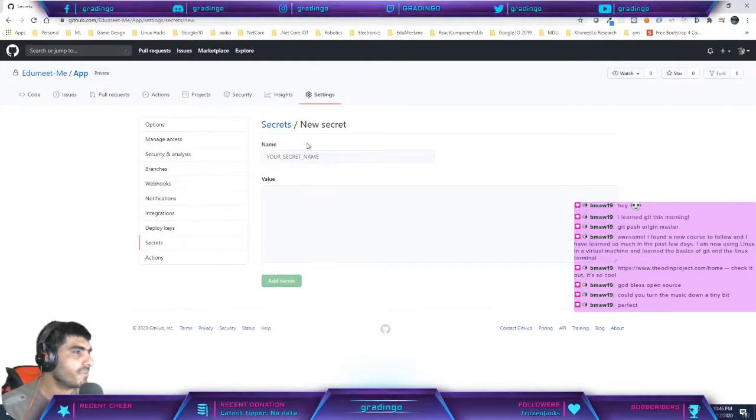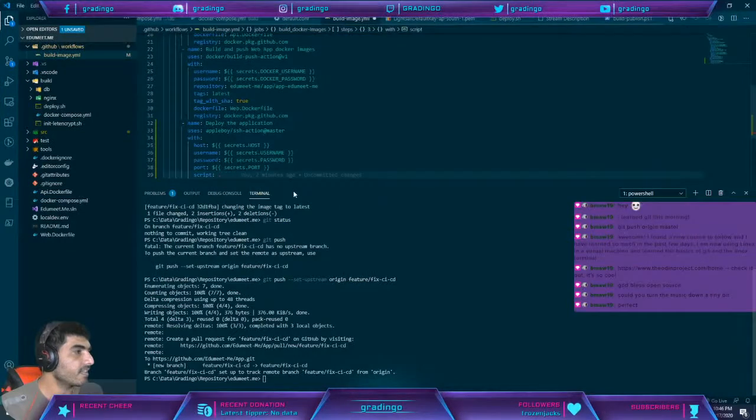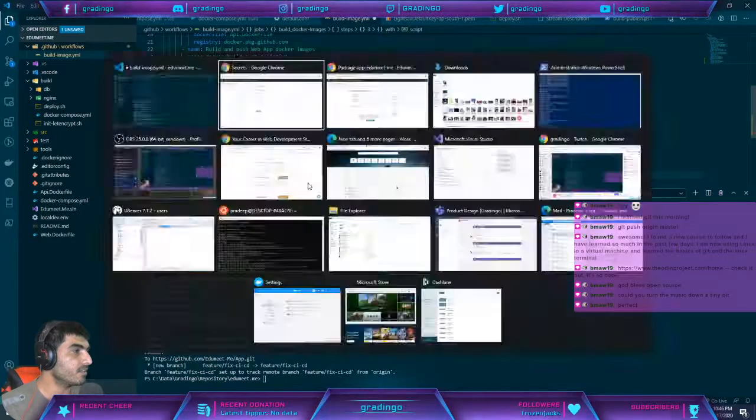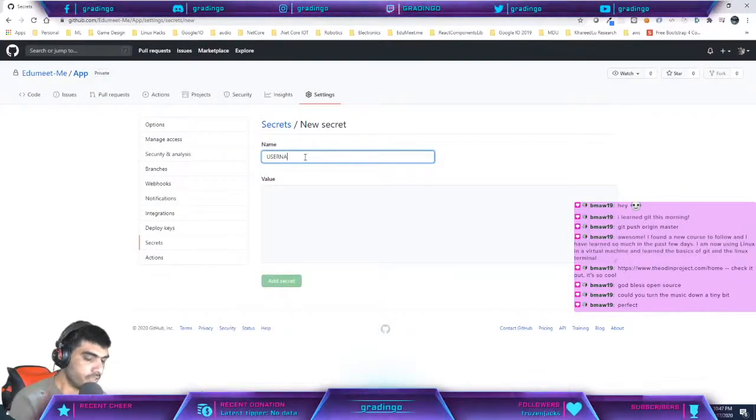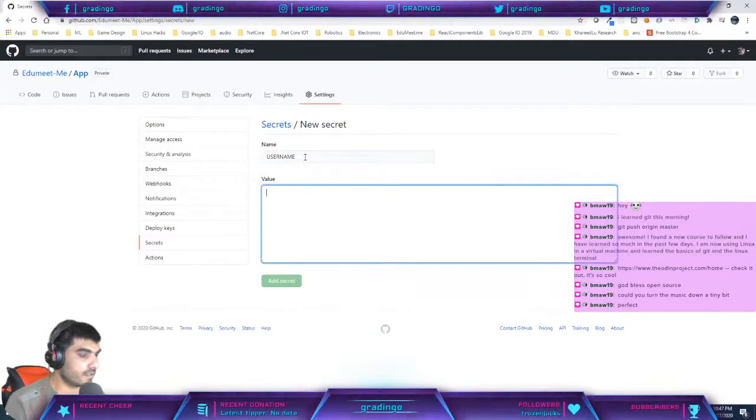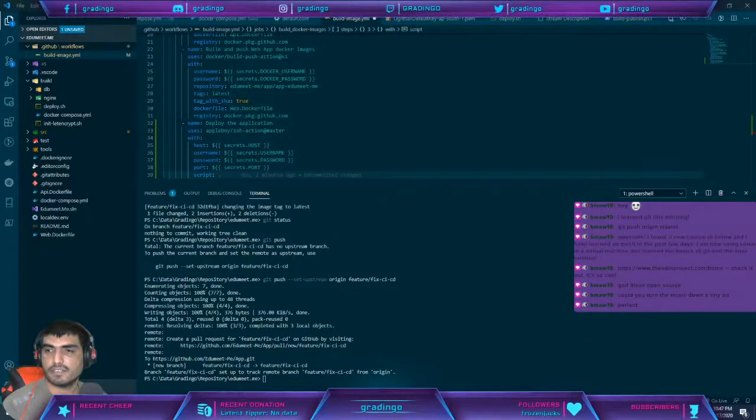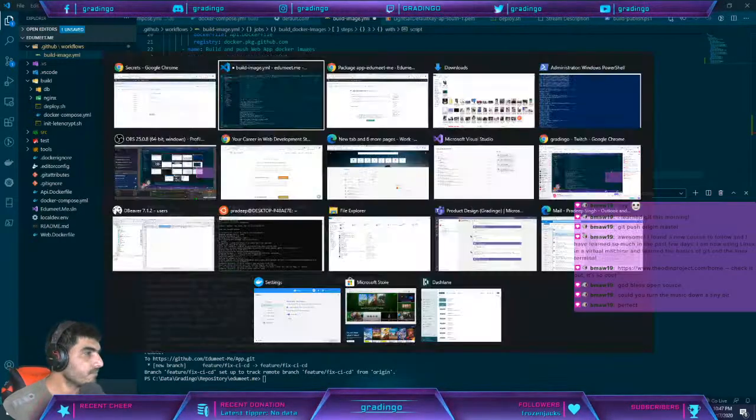Okay, I can name it anything. Whatever I name it, I have to use that same thing in my code here. So I can just say, here's the username and here is the password, right? So my username is going to be username, CentOS. This is my username. I don't have to make it capital all the way. So I add this secret now. So this is my username, right? Secrets.username, perfect. And then I add another new secret, and I'll call it, I think,